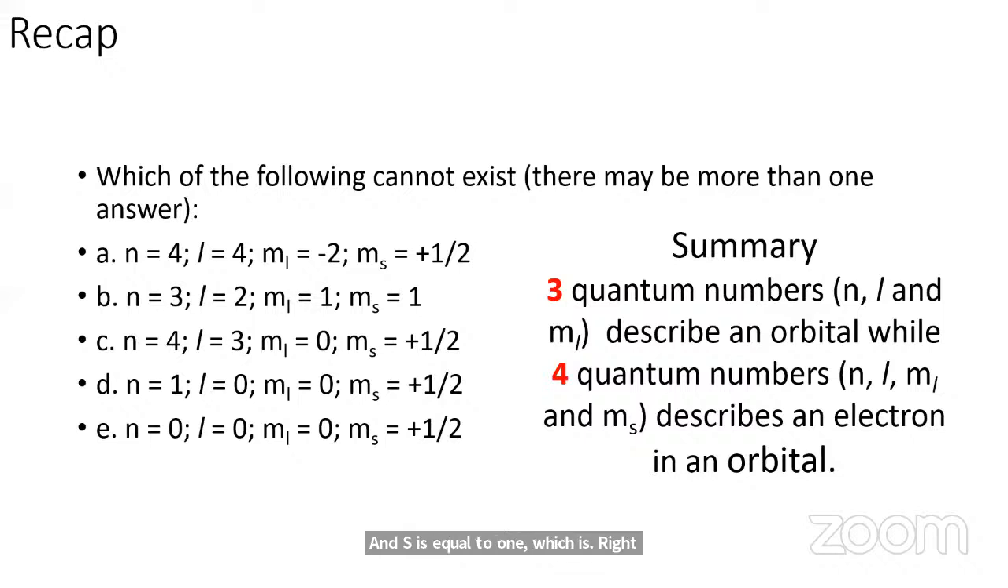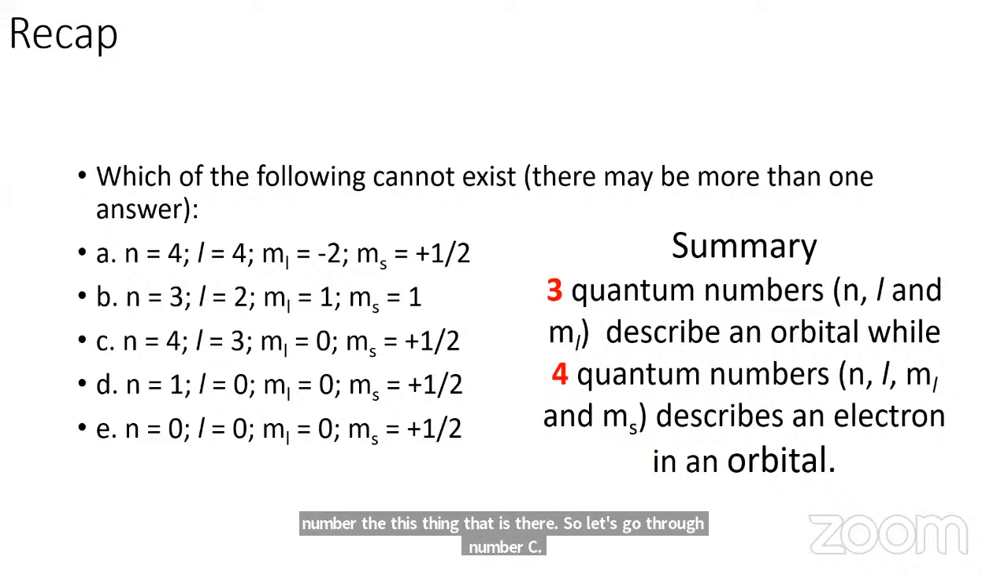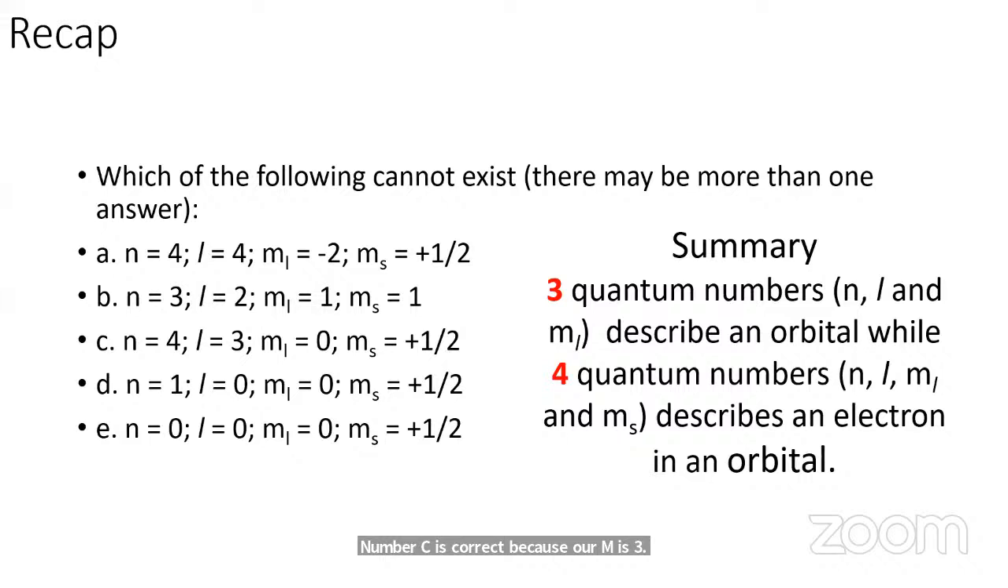It is wrong. So you have this as 3D, but because it's wrong, we are not going to go further to write the number, this thing that is there. So let's go to number C. Number C is correct because our L is 3. And if our L is 3, that means that we have